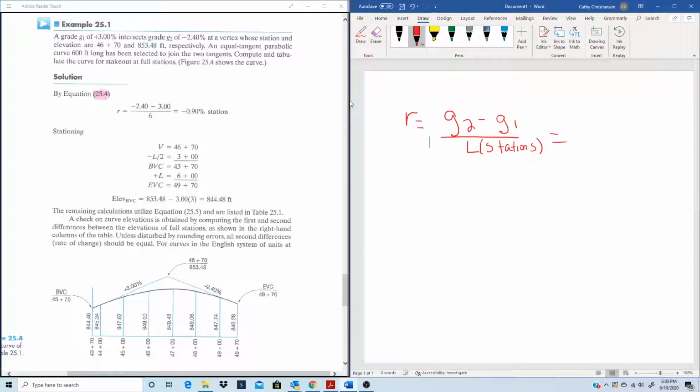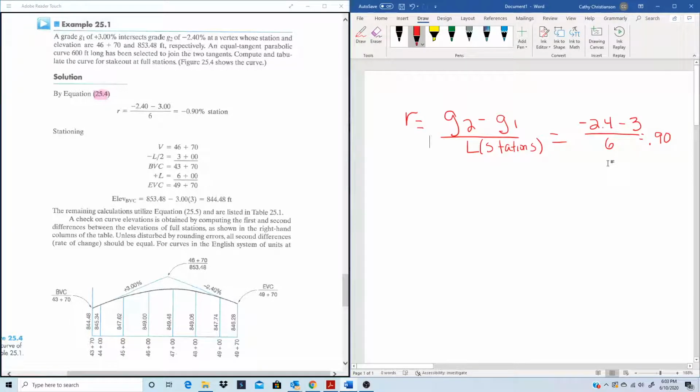So G2 is a negative 2.4, subtract a 3% over 6. So that's our R. One thing we're going to want to know actually is if you get this number and it's like a repeating 0.66666, keep it out to 4 decimal places,